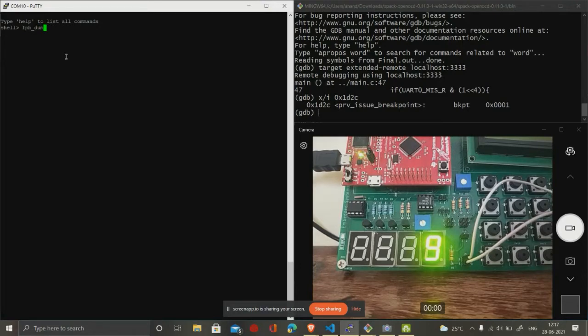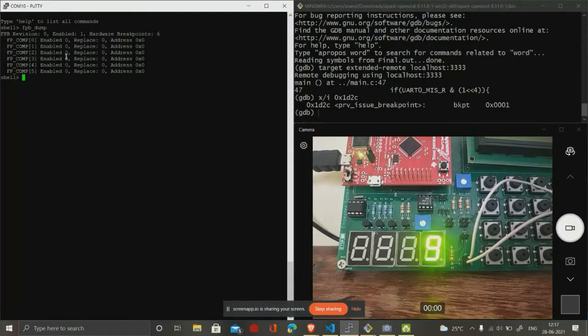Here FPB stands for flash patch and breakpoint unit. We use this flash patch and breakpoint unit to implement our debug functionalities. As you can see, these are the six hardware breakpoints available.